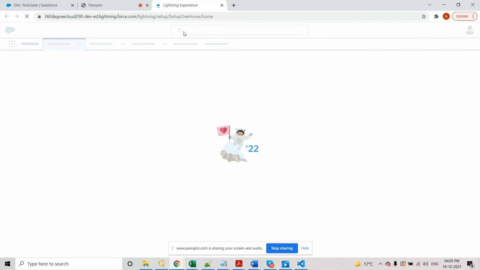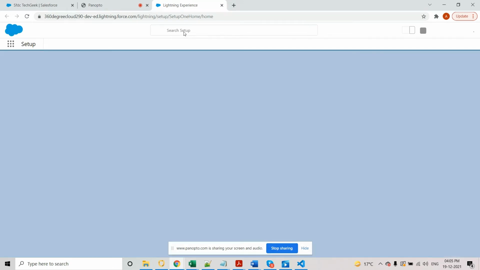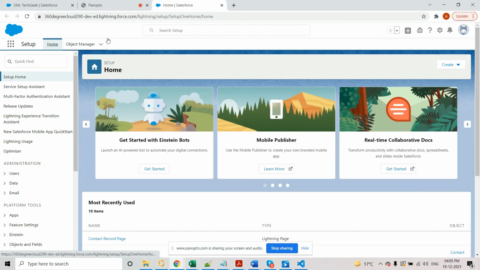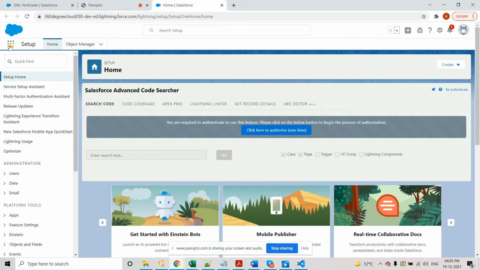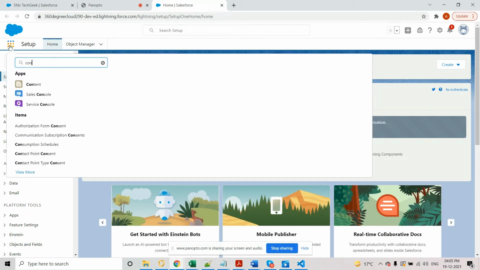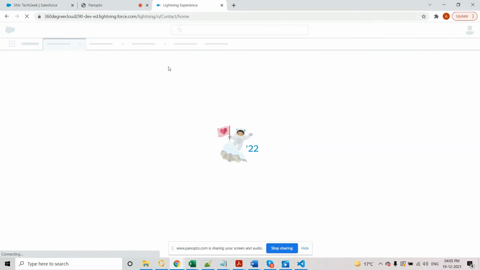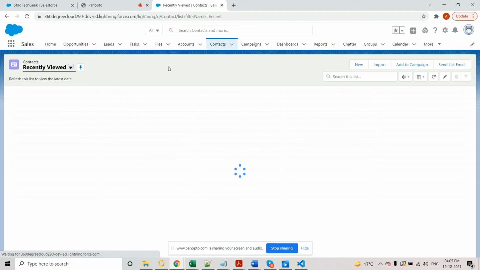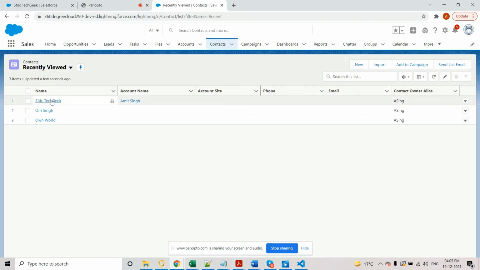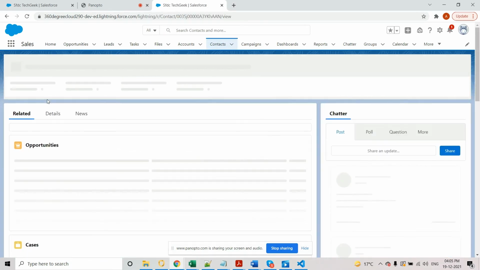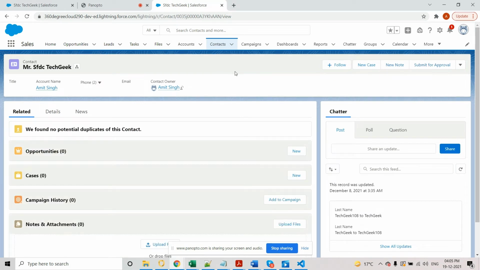Just wait a little bit for the page to be completely loaded. From the app launcher type contact, click on it, and click on any of the contact records which we want to view.